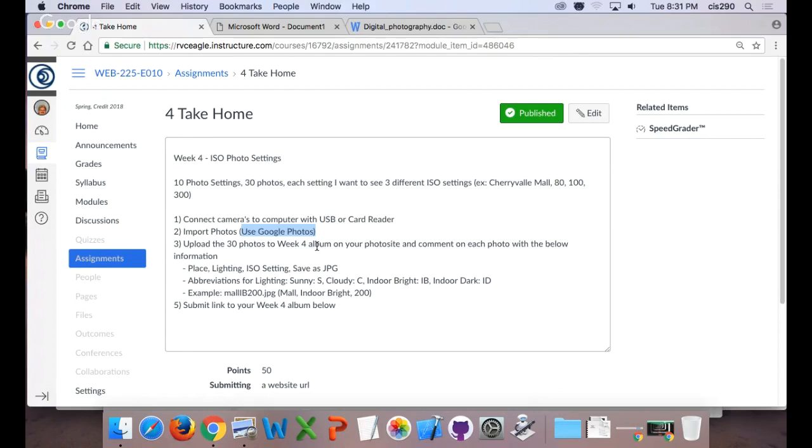Now, the lighting is going to be the actual lighting that you're in, you're not changing the white balance or lighting in your camera. So if you're in the mall, it might be indoor bright, IB, or it might be indoor dark if you're in your house somewhere and it's not well lit or something, or in your workplace. If it's outdoors, it might be sunny, so you use S, cloudy, C, indoor bright IB, indoor dark ID. Make sense? So that's the abbreviation for the lighting settings, the lighting that you're in at that time. And that's, you're talking about white balance? Nope, no white balance. So literally, it's going to be like this on the example. If I was at the mall